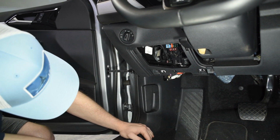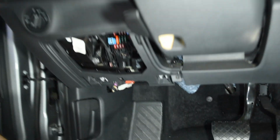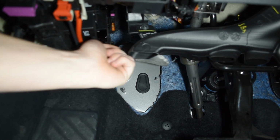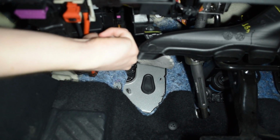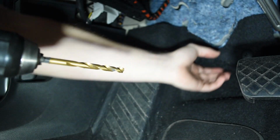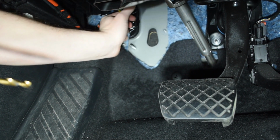But the next thing we're going to do is, there's some foam in your firewall down here. You're going to take this foam piece out. You can probably see it. And then you see this little rubber grommet right here. We're gonna punch a hole through that rubber grommet, and that's where you're gonna run your boost hose, and easy money. So you have the grommet out, and then you have this little piece of foam that is